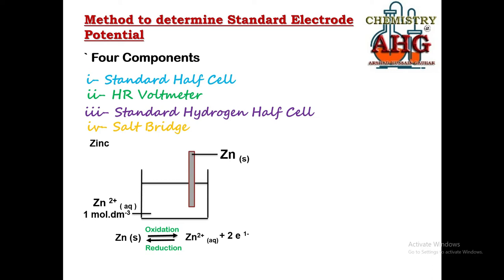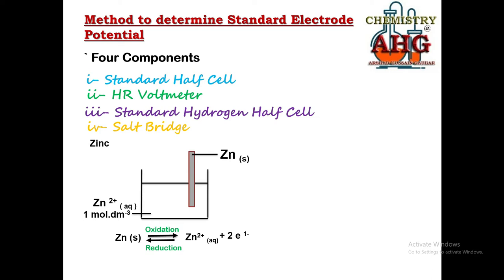At the dynamic equilibrium, the rate of oxidation and reduction becomes equal, but at dynamic equilibrium, one process dominates the other. One process would have taken place to a greater extent than the other. It depends on what? It depends on the nature of the element, whether the element is metal or non-metal, and it depends on the reactivity of that element, whether that element is more reactive or less reactive.